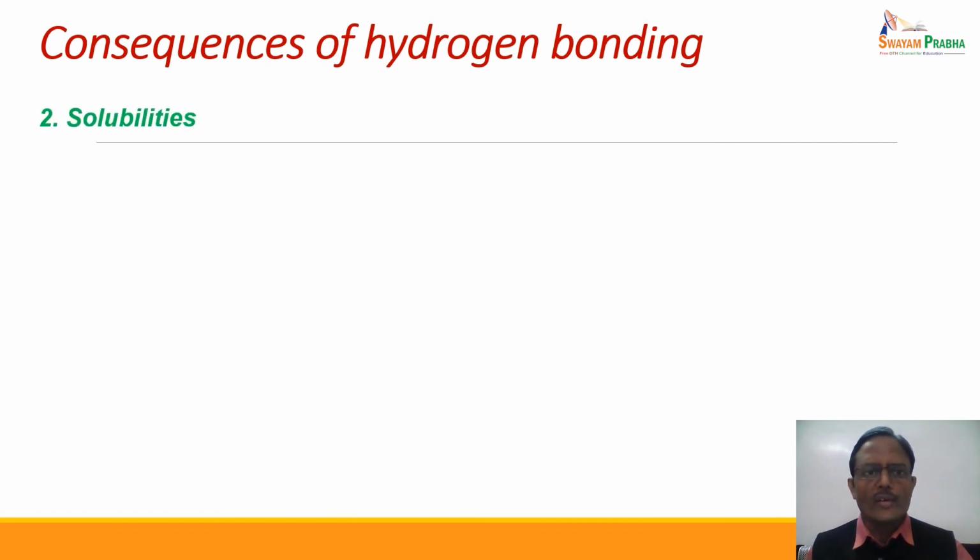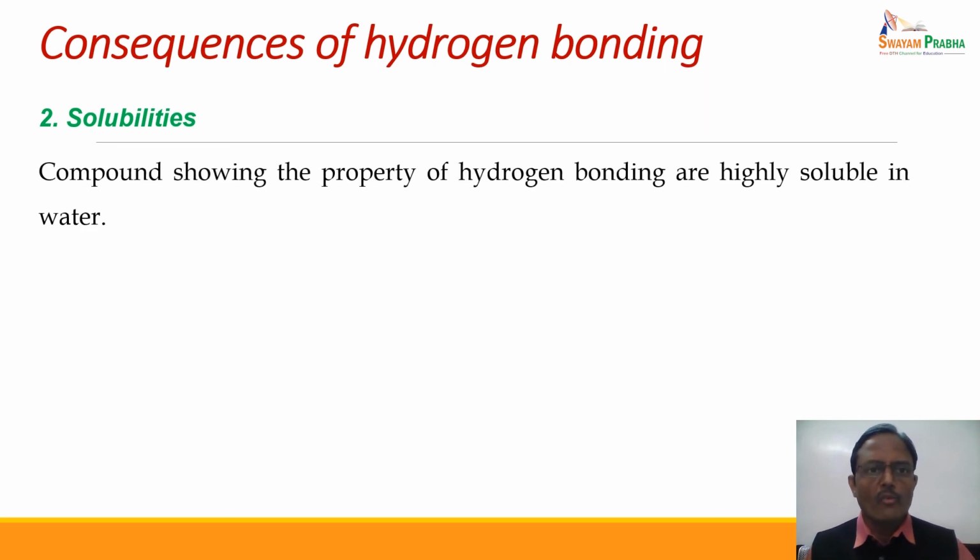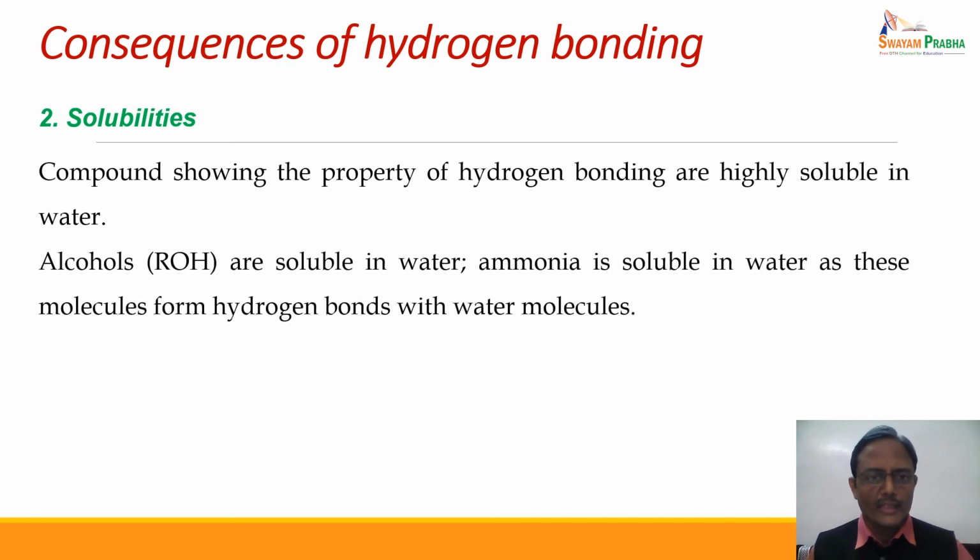One more consequence of hydrogen bonding is on the solubilities of various liquids. Compounds showing the property of hydrogen bonding are highly soluble in water, because those compounds can form hydrogen bonds with water. They will have very high solubility in water. For example, alcohols are soluble in water. Ammonia is soluble in water because of strong tendency to form hydrogen bonds. Many gases like HCl and HF have a tendency to dissolve in water because of strong